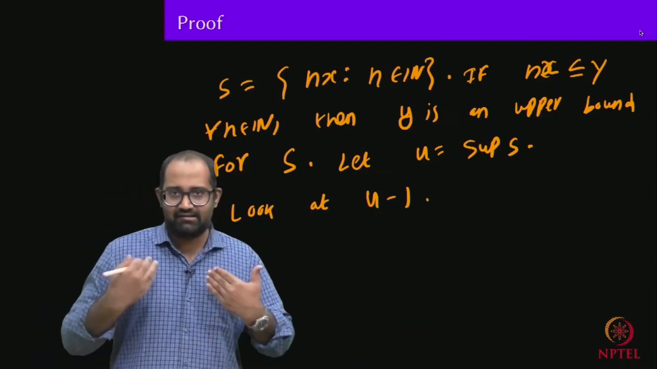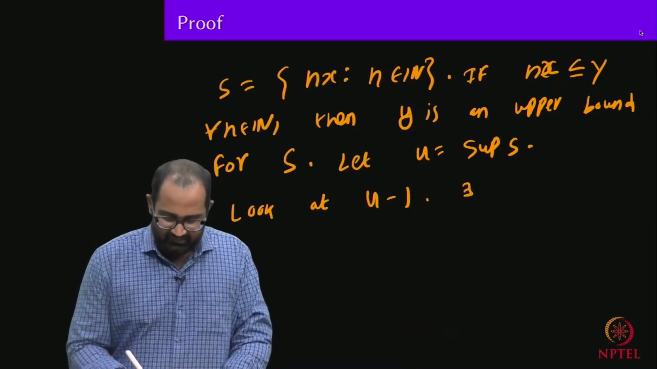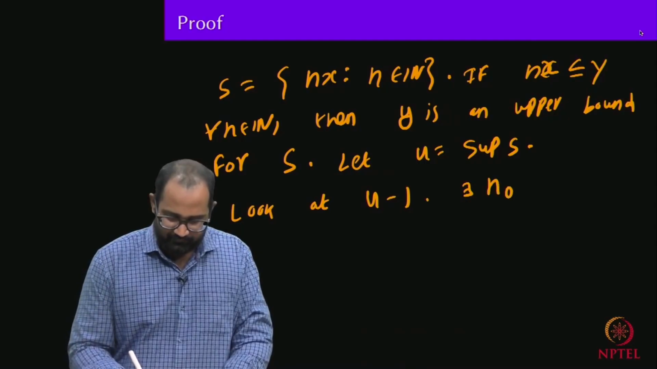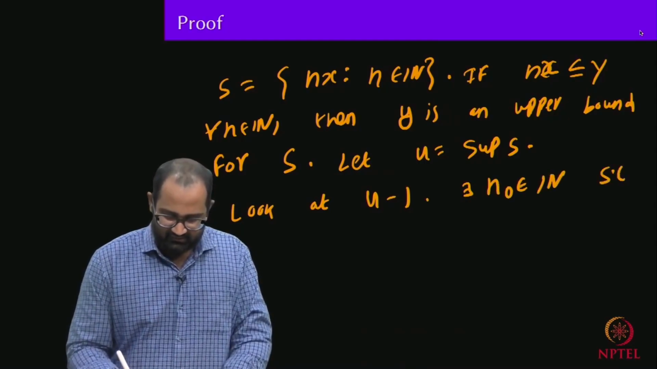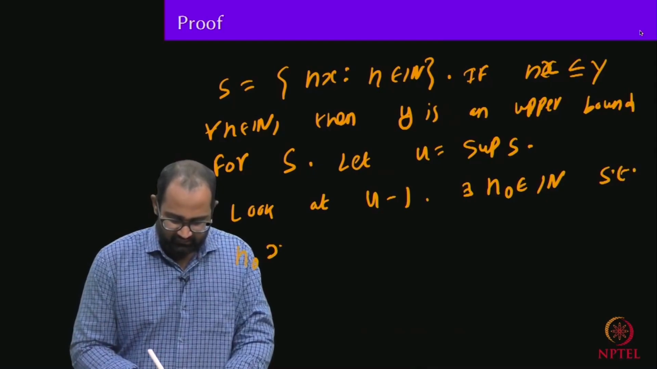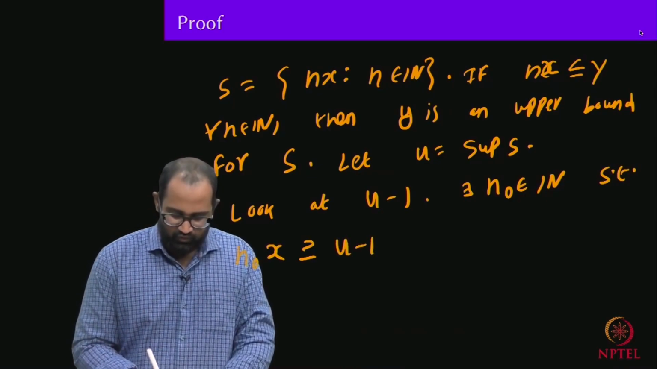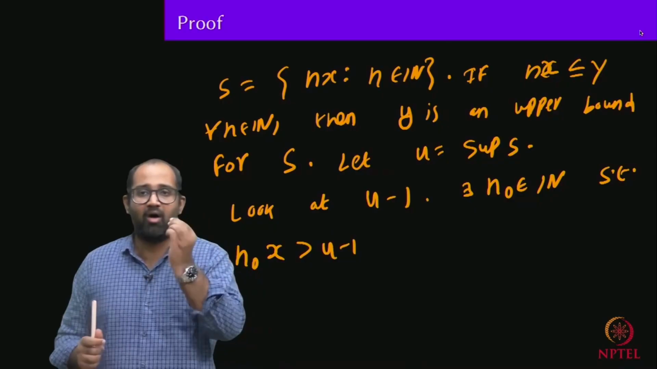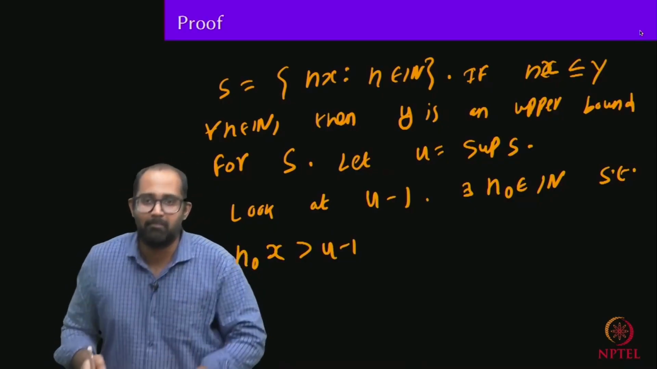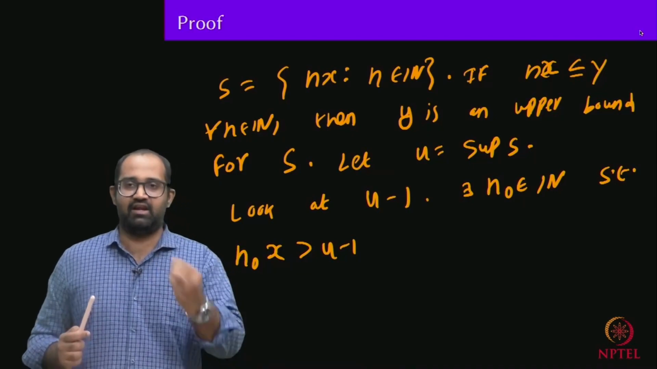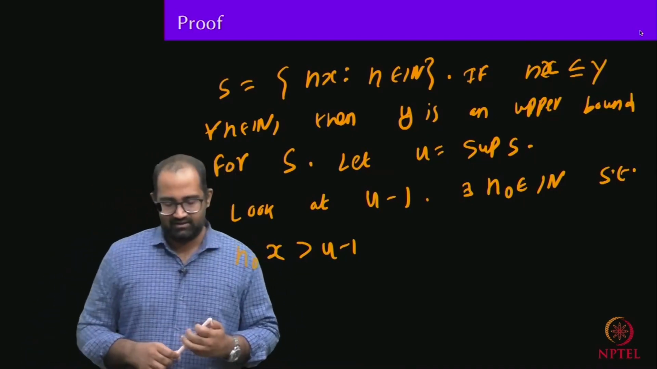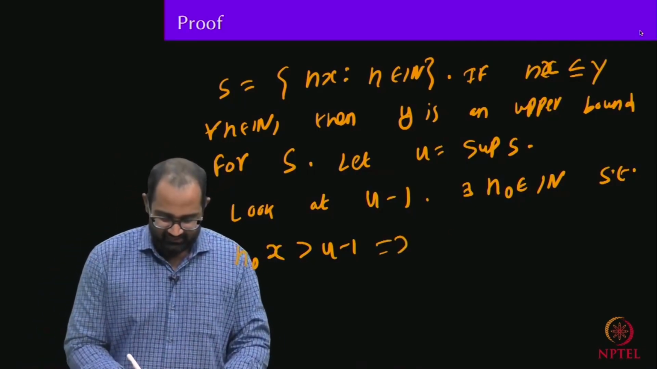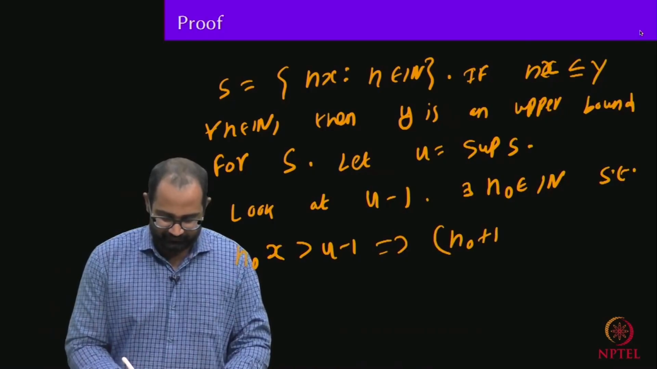Then by that characteristic property of the supremum, there must exist n naught in N such that n naught x is greater than or equal to u minus 1. In fact, strictly greater than. If you chop off a little bit from the supremum, there must be an element in the set which is greater than this chopped off supremum, right? Now, you can see the most famous trick. This implies n naught plus 1 times x,